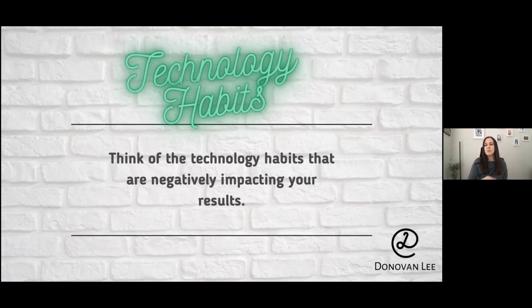So the first one for me is that I'd say everybody does this or has done it at some point, and this is technology multitasking or task switching. So this is where you're focused on one task on your device and you're trying to complete that task, but you become distracted by another device or an application that you have open. So for example, most of us have our email inbox open. 80% of us have our email inbox open in the background at all times.